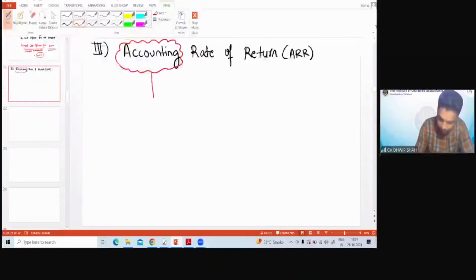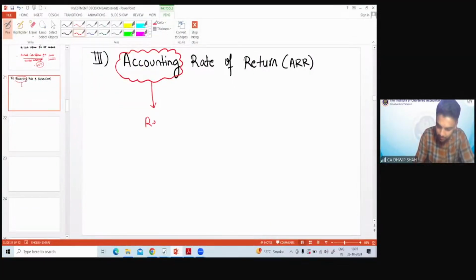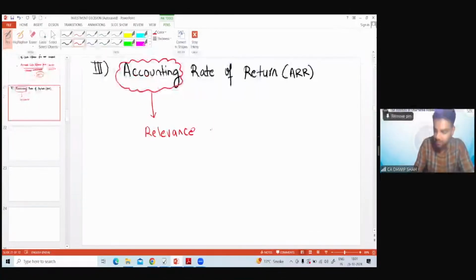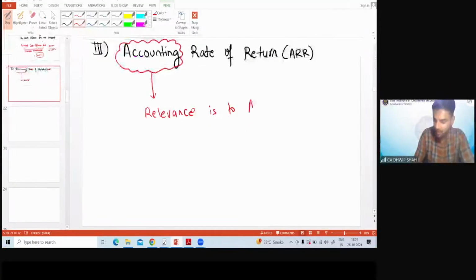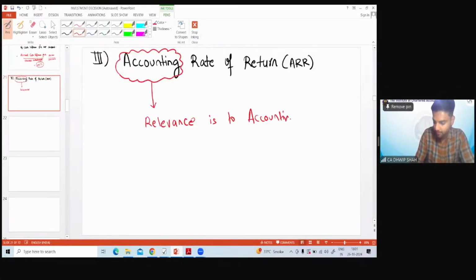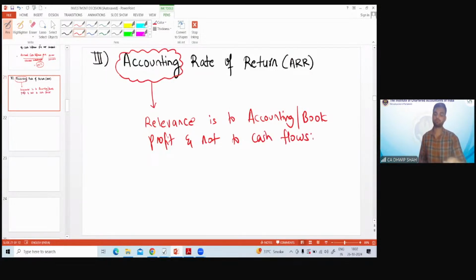So can I say here relevance is on accounting profit and not cash flows. Relevance is to accounting book profit and not to cash flows. As the name suggests, it is more concerned with the accounting profit the project generates for my company, the project generates for my business. So the formula of this technique is